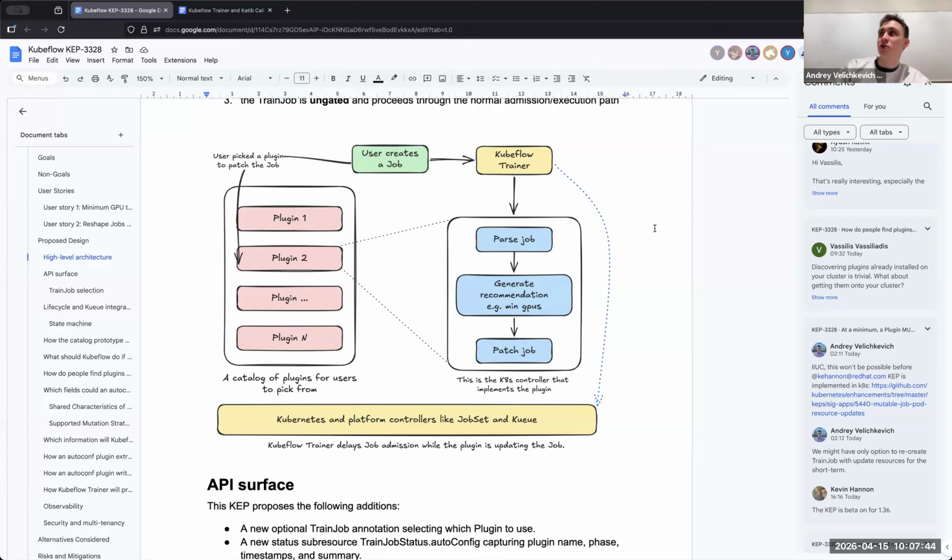I think integrating agentic systems within the train job controller eventually would be interesting. I think we need to understand what kind of modifications those agents can make to enhance the job submission, on the controller side, basically. Because I guess it can do much more than just resource assignment if you think long term.